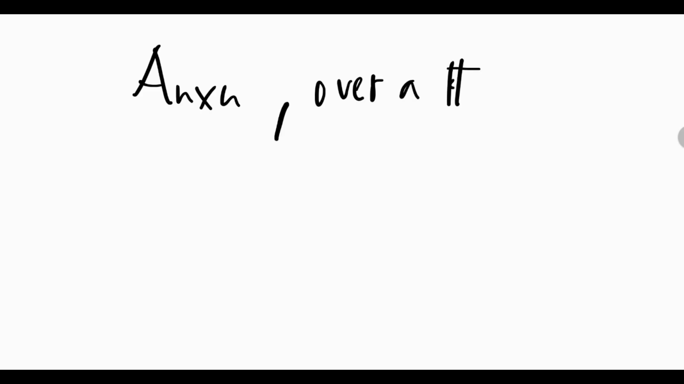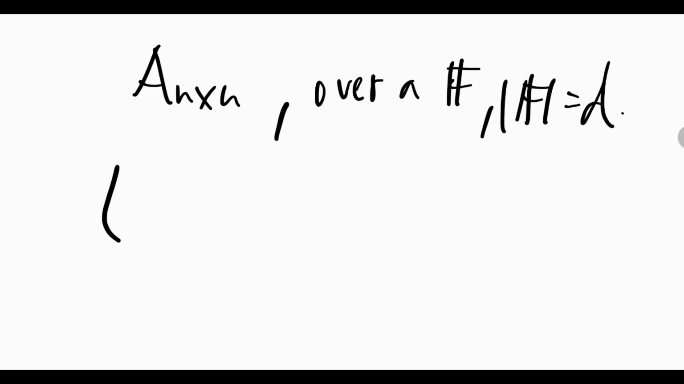Let's discuss the number of invertible matrices there are of dimension n, so n by n square matrices, invertible, over a field where the size of the field is, let's call it d. So if we have that, the number of such invertible matrices that exist over this finite field is going to be